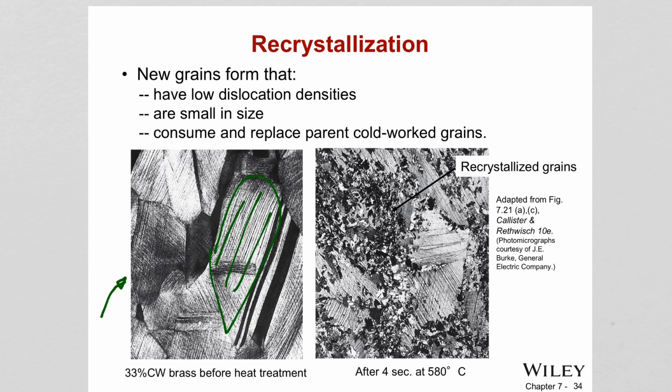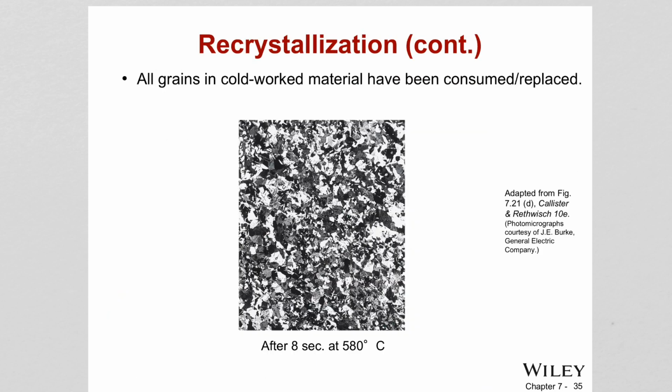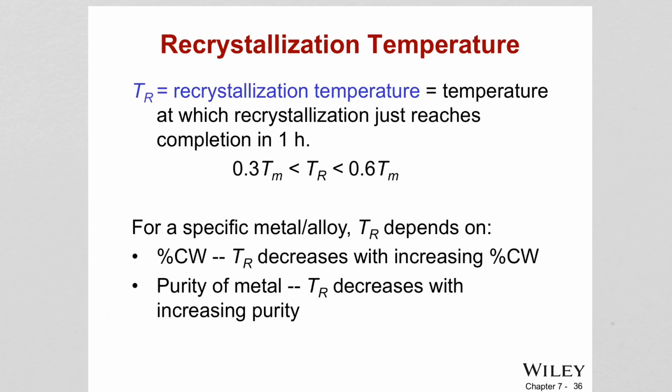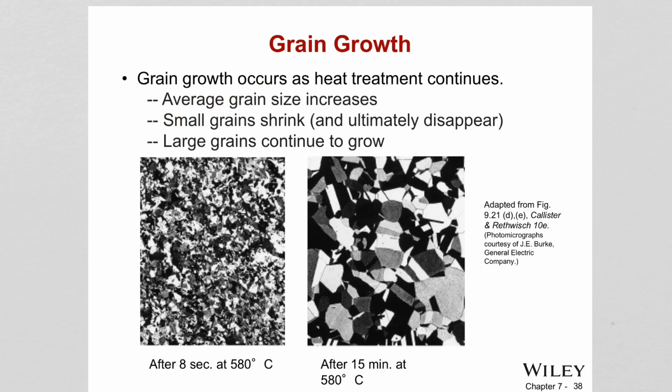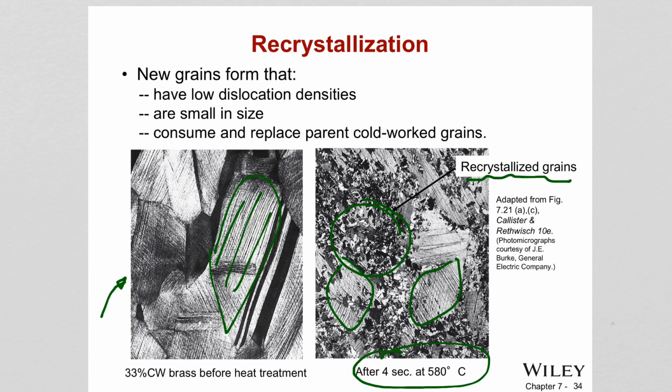What happens if you do heat treatment, 4 seconds of heat treatment at that temperature? You see along those damaged grains, still in the background, tiny grains start to nucleate. So this happens basically, let me see if there's an image. Okay, so basically the dislocations will have enough energy to rearrange themselves and neutralize themselves in the form of grain boundaries. That is what's happening, but you don't need to know that. That is more advanced